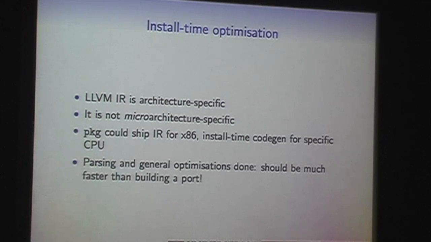All of these things mean that you'll get different C code fed to the C compiler depending on what the built-in macros that the compiler defines are. So that's not a goal. It would sort of be nice to be able to use the portable native client stuff for some things, so you could have architecture agnostic binaries, but that's not a high priority. However, even though it's not architecture agnostic, it is microarchitecture agnostic. So various processors have different sequences of instructions that are fast, and different branch predictor behaviors, different cache sizes, all of these things which the LLVM backend knows about and can use when it's instruction scheduling.